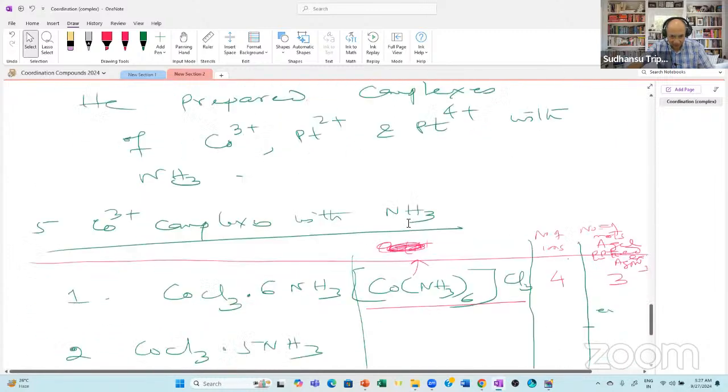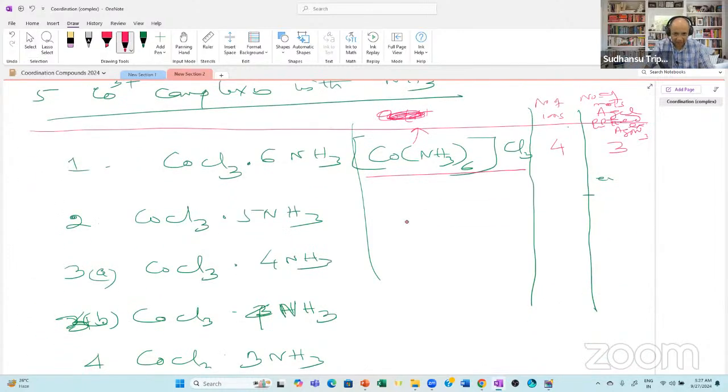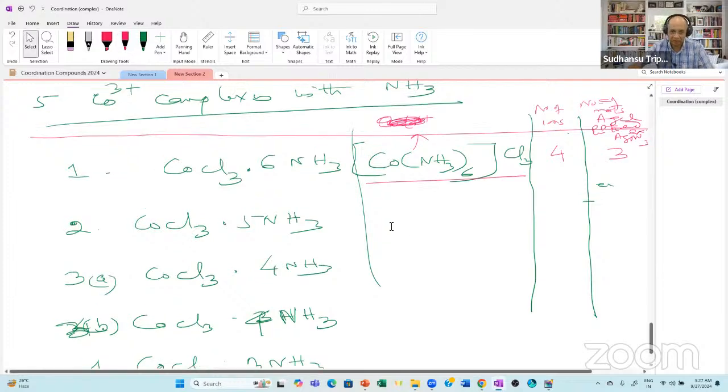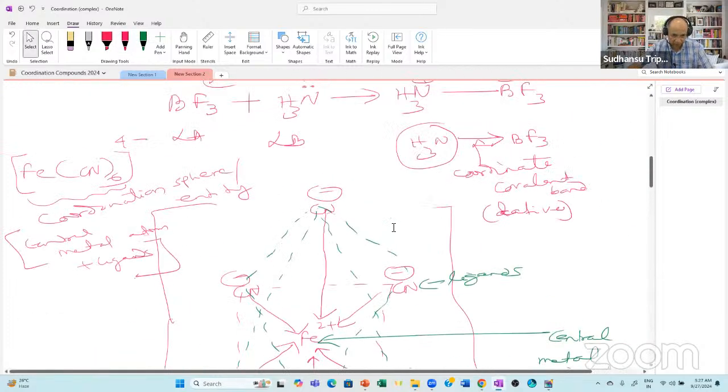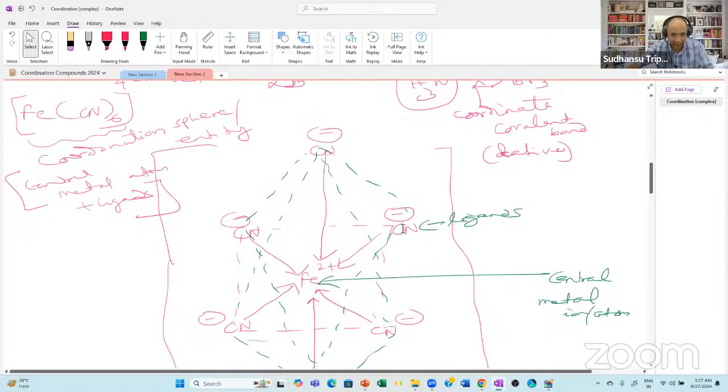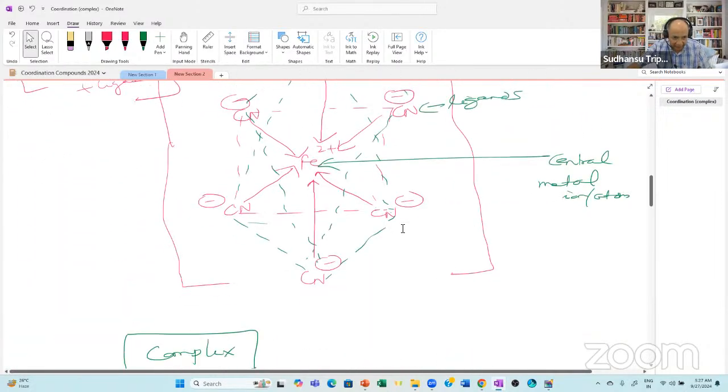Since there are 3 chloride ions outside the coordination sphere, they are free ions, because the bonding between the complex ion and the counter ion, these are counter ions. Let me tell you, there are 2 types of bonds. Within the complex, it is covalent bond, and that too coordinate covalent. And between these